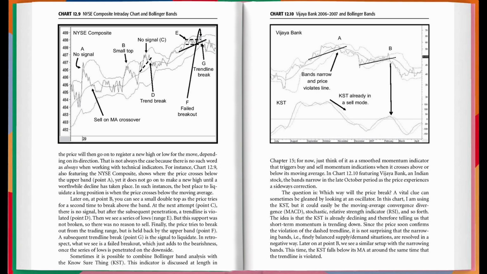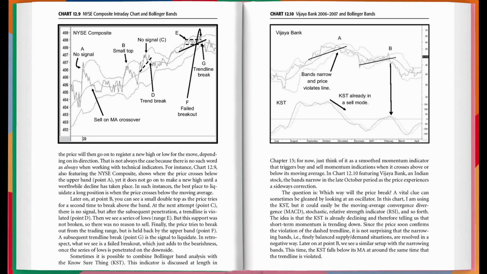In such instances, the best place to liquidate a long position is when the price crosses below the moving average. Later on, at point B, you can see a small double top as the price tries for a second time to break above the band. At the next attempt, point C, there is no signal, but after the subsequent penetration, a trend line is violated, point D. Then we see a series of lows, range E,